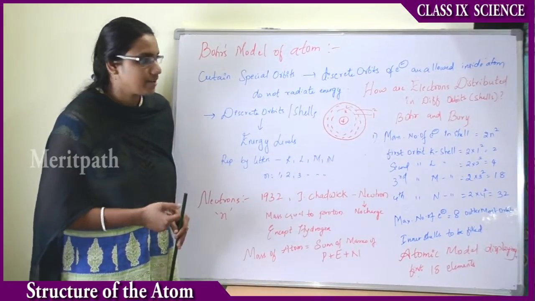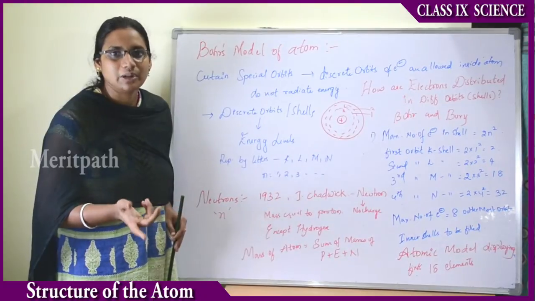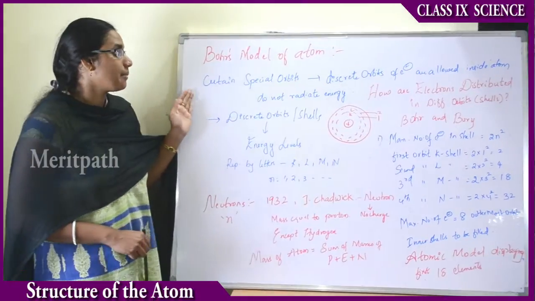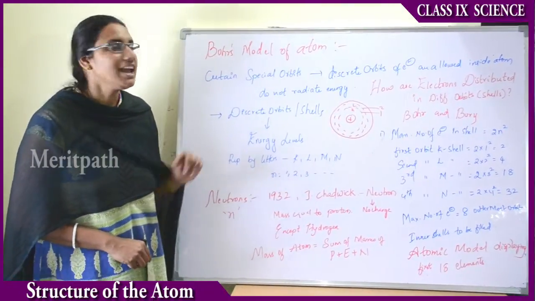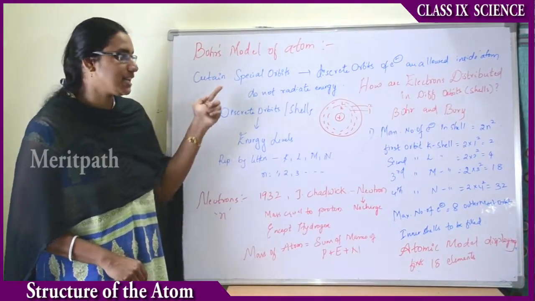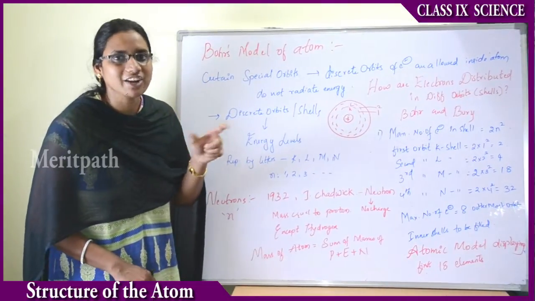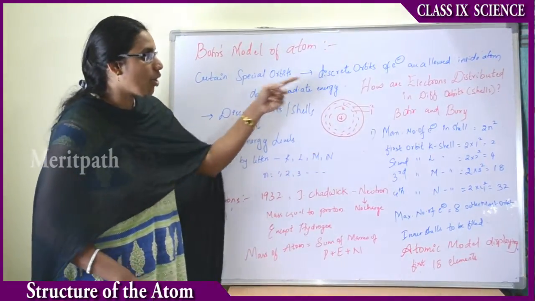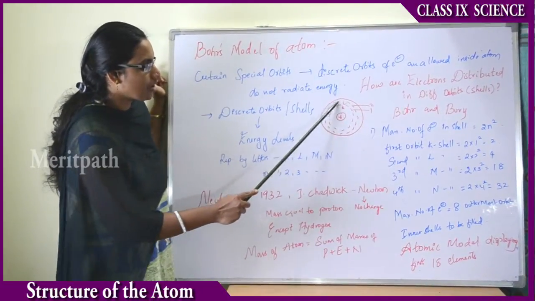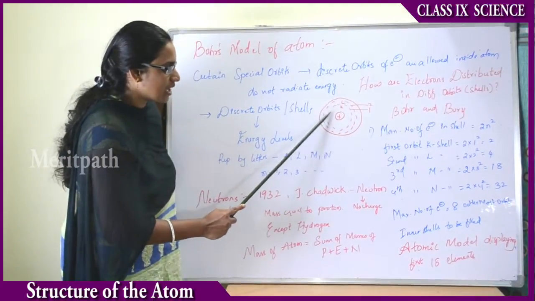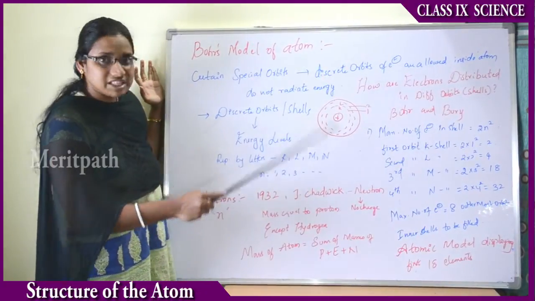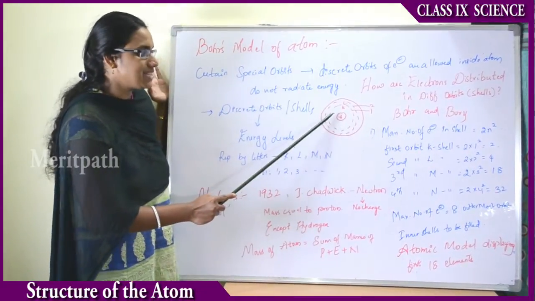rotating, and they will be radiating energy, and thus they will be losing energy and they will collapse, right? But according to Bohr's model, he is saying that the electrons will rotate in certain orbits or certain levels that are known as discrete orbits. I have shown here two circular forms inside the atom. These are known as discrete orbits, and he says that the electrons which rotate in these discrete orbits do